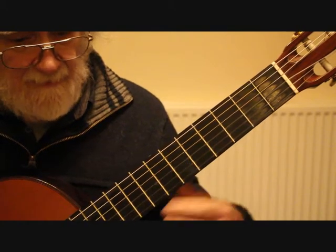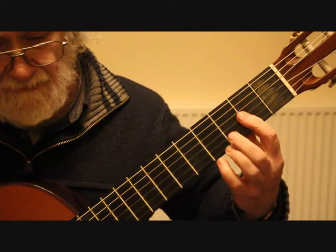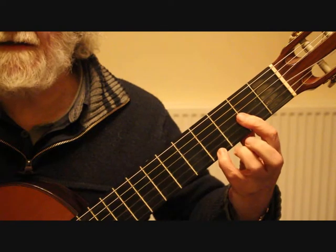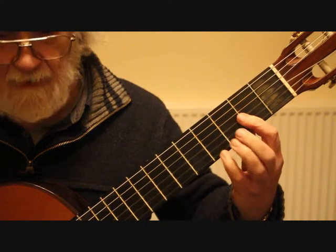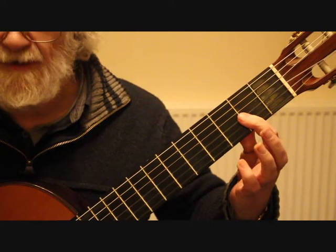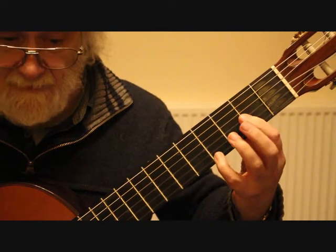Now bar 5 is quite an easy bar. We have a half bar chord across 3 strings at the 2nd fret, and we put either the 3rd finger or the little finger on the G sharp on your 1st string 4th fret, and that comes off to reveal the F sharp, giving the melody notes. So that would now be